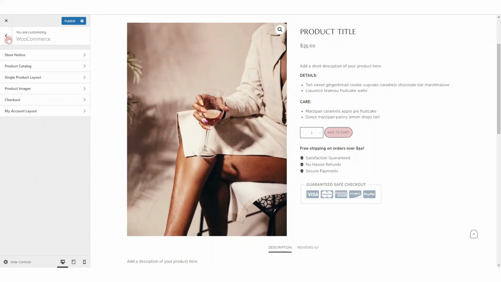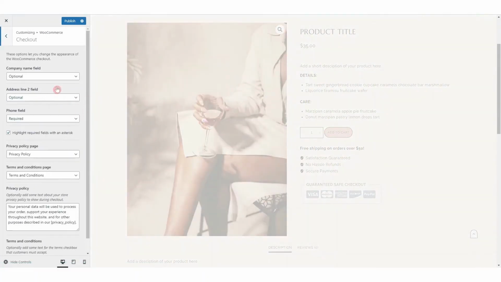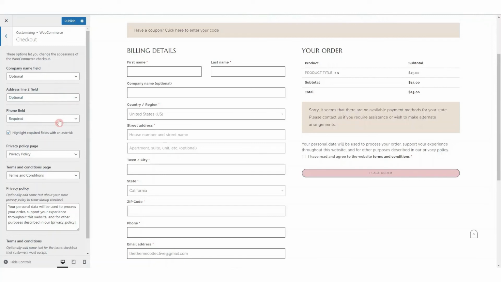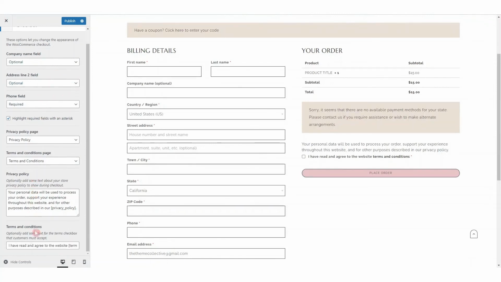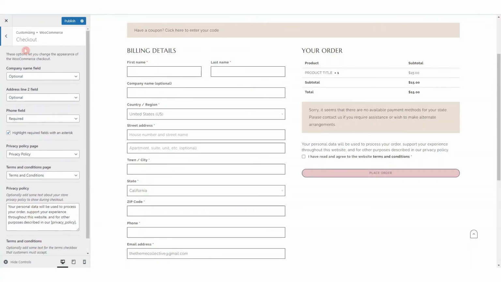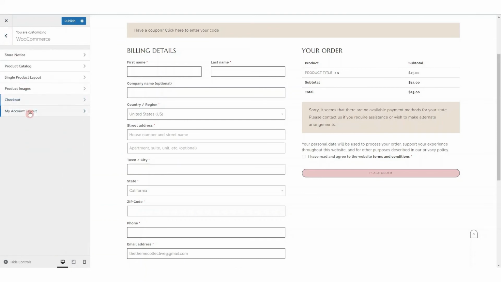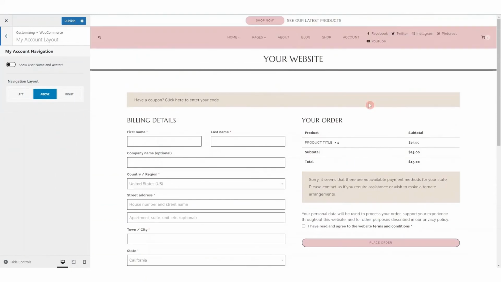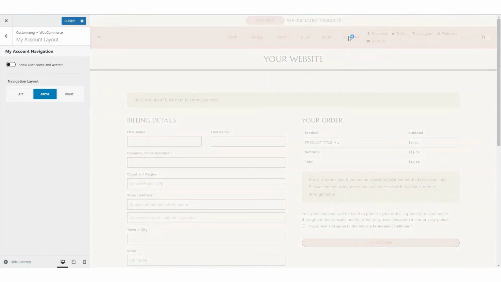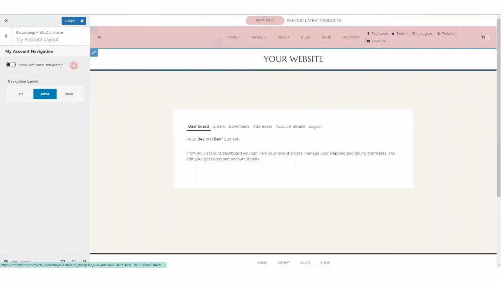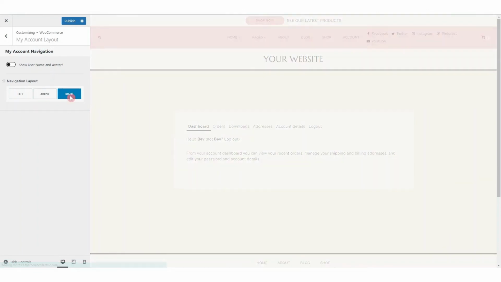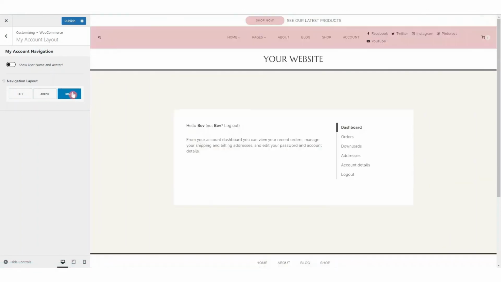And then we go back, and then for checkout, here you'll see options that you can set over here. And then in my account layout, we go to the account page. Here we have our navigation set to the top. So if you wanted to change it, you could change it to the right or left. And then if we go back,